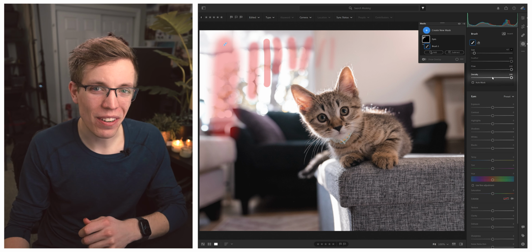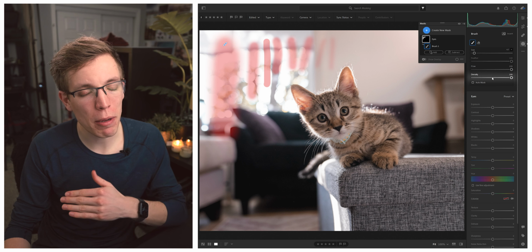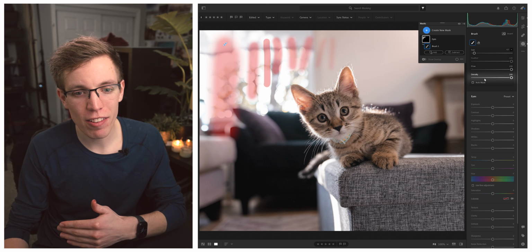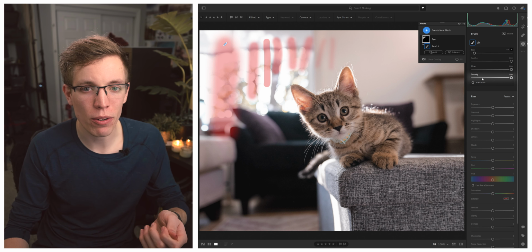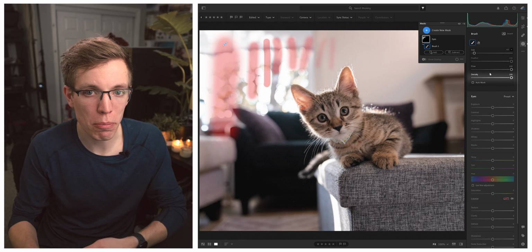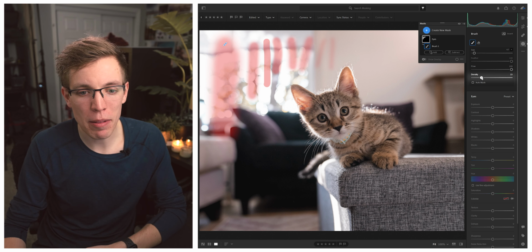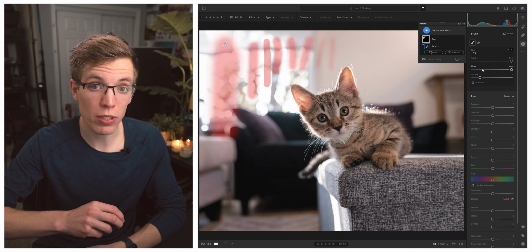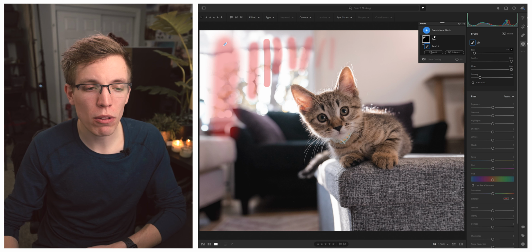The next slider is called your density. This one can be a little bit confusing because similar to flow, it limits how much layers, how much mask you're actually putting down. The difference with the density is an upper limit, where the flow you can go over multiple times to make it darker. When you lower the density,